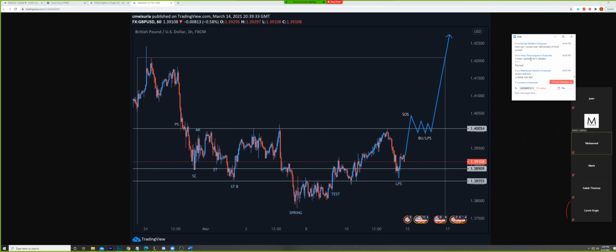Just so you know. How can I avoid over refinement of S&D zones? Don't over refine them. Stick to higher time frames. Definitely, that's just don't over refine them. That's pretty much it. Yeah, like if you have a demand zone and you like it on a daily, then use that demand zone. But if you think it's too big, refine it. And if that refinement doesn't get met, understand why it didn't get met, right? It's just about your own preference. Definitely. I mean, Wyckoff isn't needed.